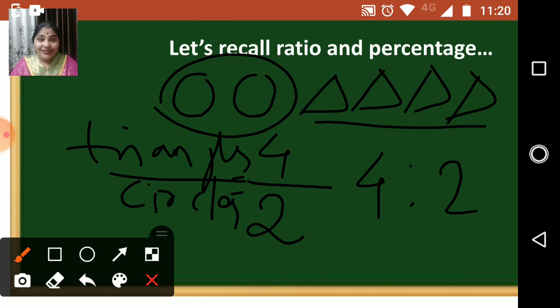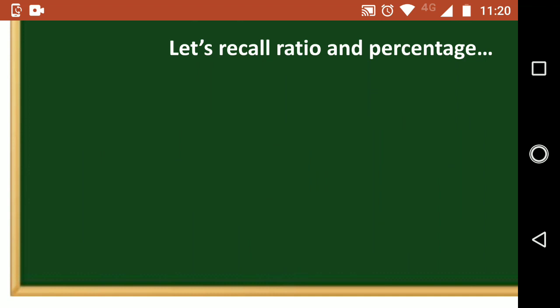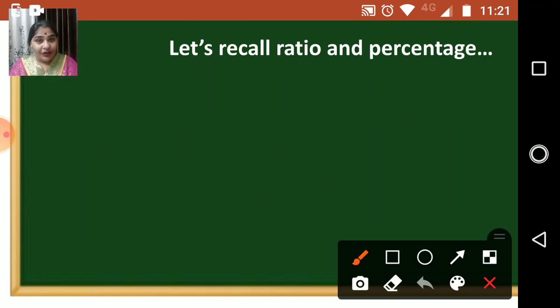And you can also write it as, 2 ones are 2, 2 twos are 4, so it will be 2 is to 1. In the simplest form you will bring the ratio, right? So these things we have already learned children, and you have already learned about the percentage. So suppose I got a ratio of any quantities, that is, ratio is nothing but when we compare two quantities children, right? So suppose I have a ratio of 2 upon 4, right? And I will ask you to convert it into percentage.